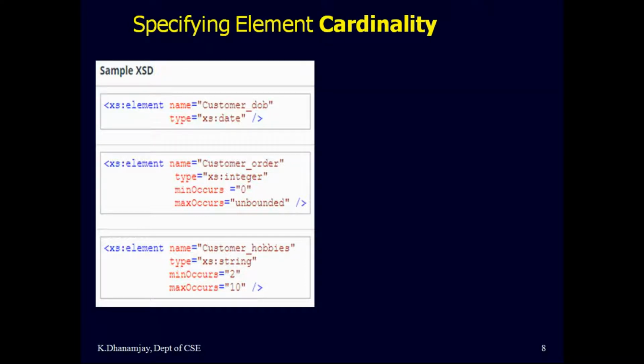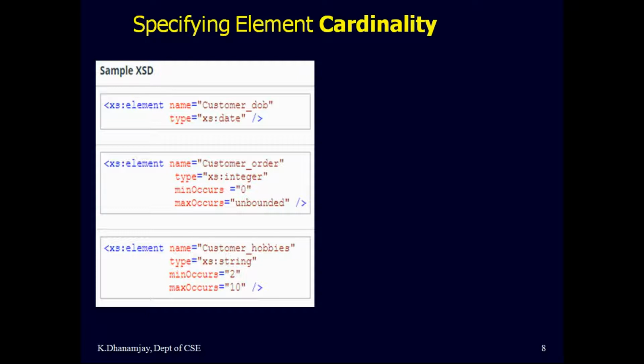You have to remember, like here I specified it like this. XS colon element name equals customer date of birth, and type is XS date. If we do not specify minOccurs or maxOccurs, then the default value of 1 is used, and this means there has to be one and only one occurrence of customer date of birth.